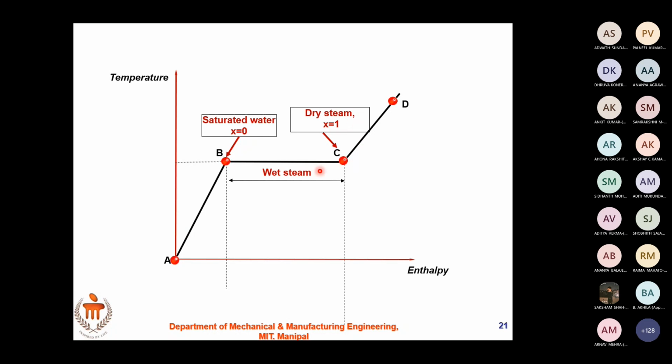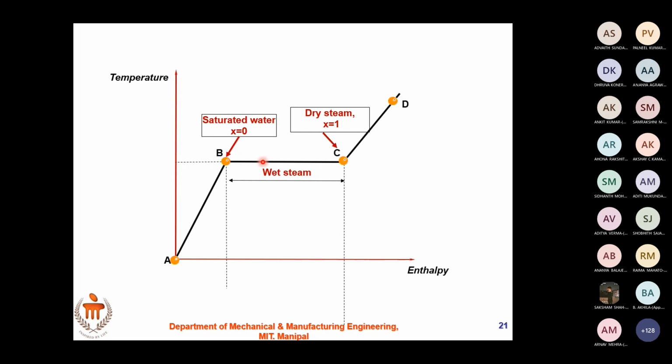Okay, so at C we have dry steam. So if I have my point here, what do I have? Steam. Wet steam. Can you all see the pointer clearly? The laser pointer, red dot. Yes, ma'am. Okay, I'm keeping it here.